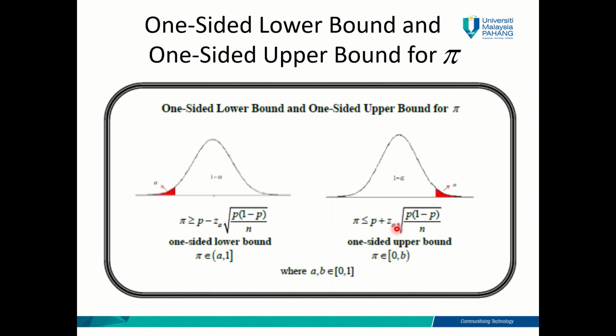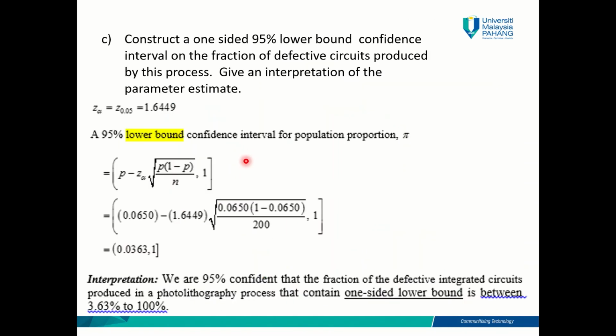Let's come back to the question. The question wants us to find the one-sided lower bound, so we will use this formula. Alpha here is 0.05. So you find Z 0.05, which gives you 1.6449. Then you substitute P, substitute the critical value, and calculate everything accordingly. You will get